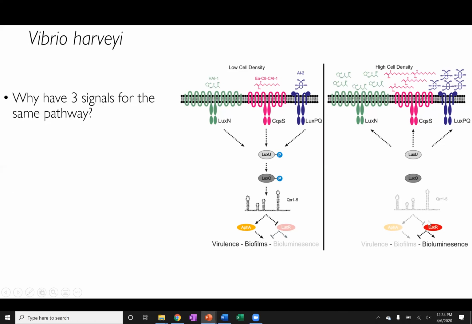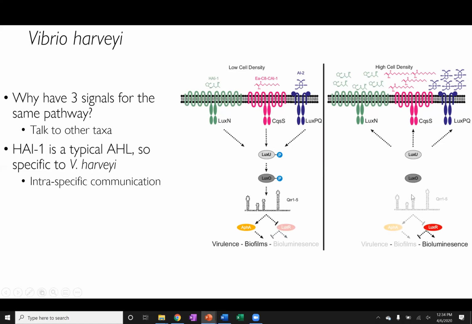and stimulates bioluminescence. So the question we can ask is, why do we have three signals for the same pathway? And the very short answer to this is that it allows them to talk to other taxa. So HAI1 is a typical AHL, but it's very specific to Vibrio harveyi, so it only really allows Vibrio harveyi to communicate with itself. However,